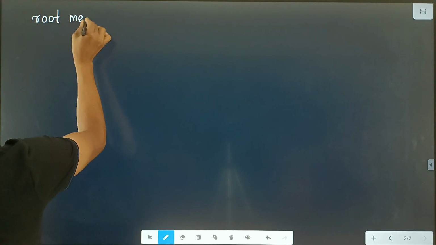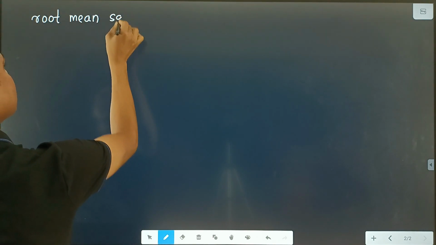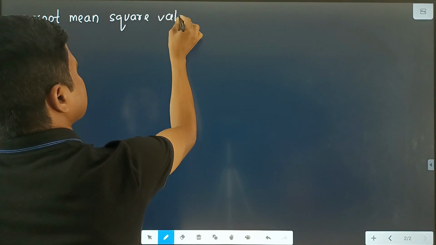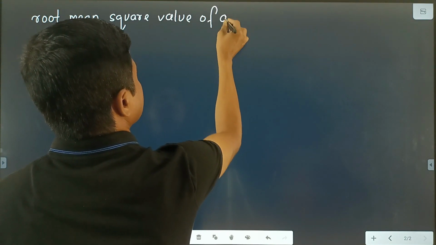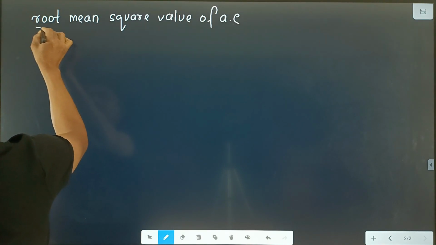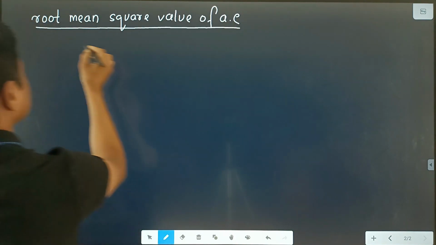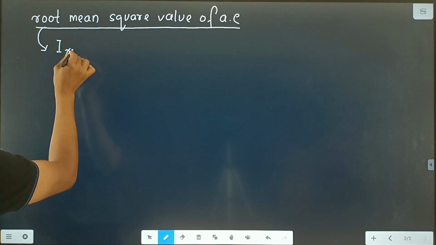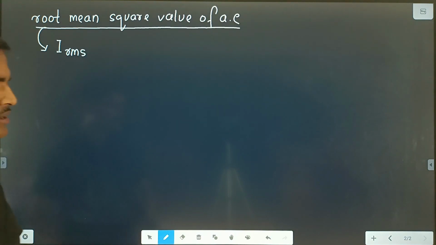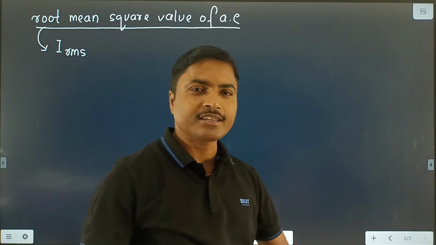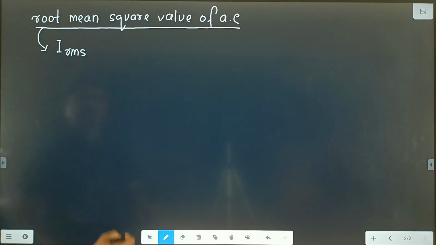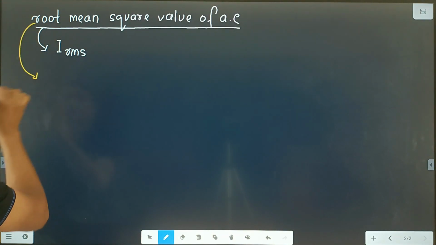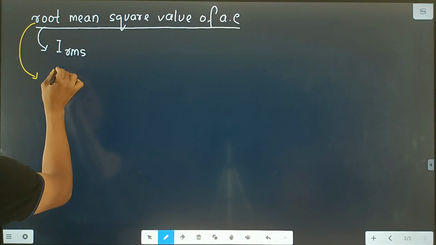Root mean square value of AC, in short we write RMS value of AC, or that is also known as root mean square value of AC. And this RMS value of AC is also known as the effective value of AC,